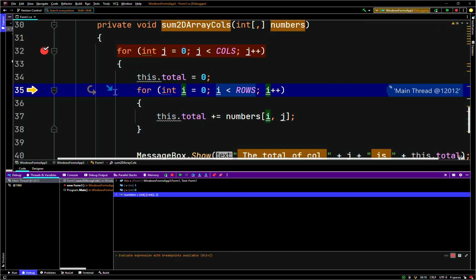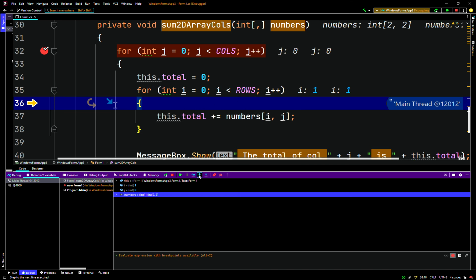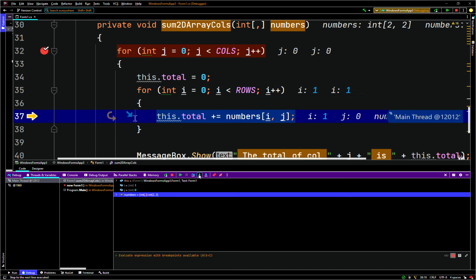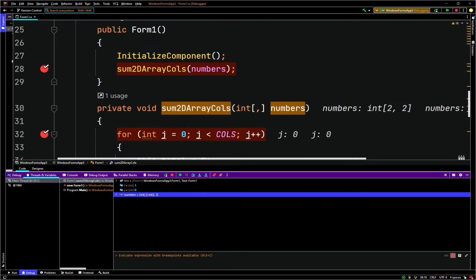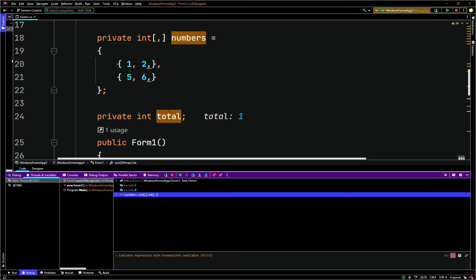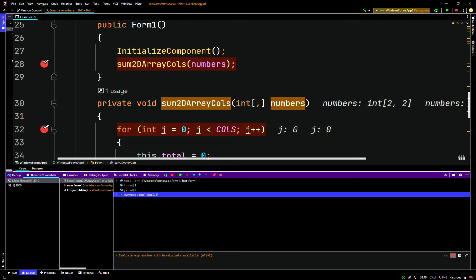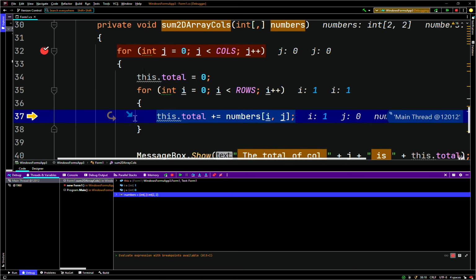So we'll step in. This dot total is going to point to this dot total, which is in this case 1, plus numbers array index I in this case